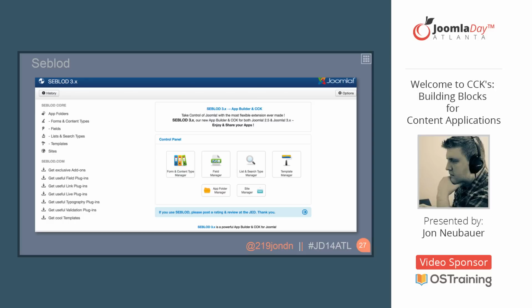Seblod doesn't do that. Seblod is actually a layer on top of the Joomla core components. So from these screens, when you go to your components and select Seblod, this is just configuration. We're just setting up everything here. When we actually go to add content and manage everything, we're going to be doing that through the core